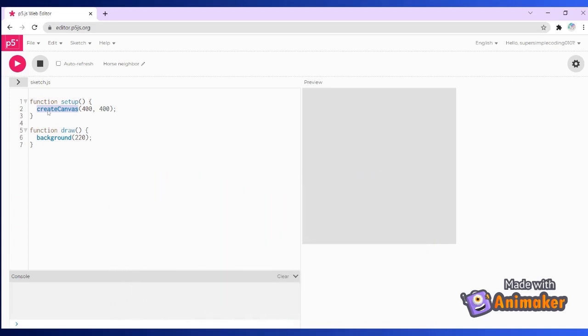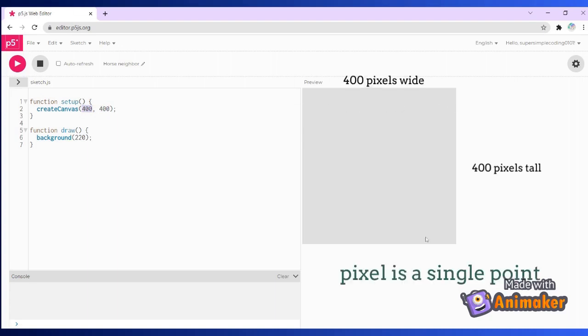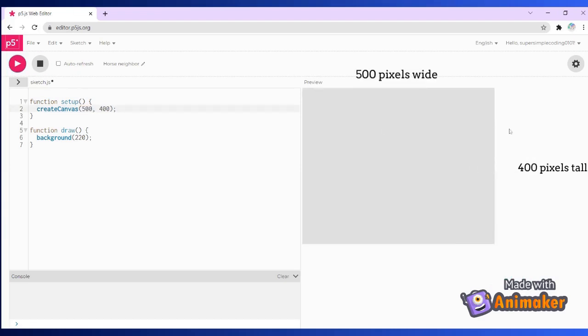I just have to use the name of the task and specify the dimensions of the canvas within these 2 small brackets. The first number tells the width and the second one tells the height. The default numbers are 400 and 400. These can be changed as per our requirement. Let's make the width 500 and click on play, so the width has increased. And now let's make it shorter. So I'm going to decrease the height and then click on play. Wow, it became shorter. So depending upon your requirement, you can change the size of this canvas.